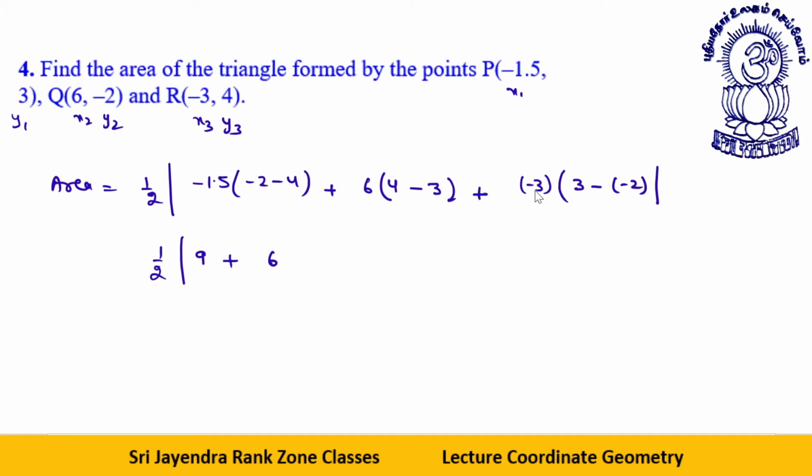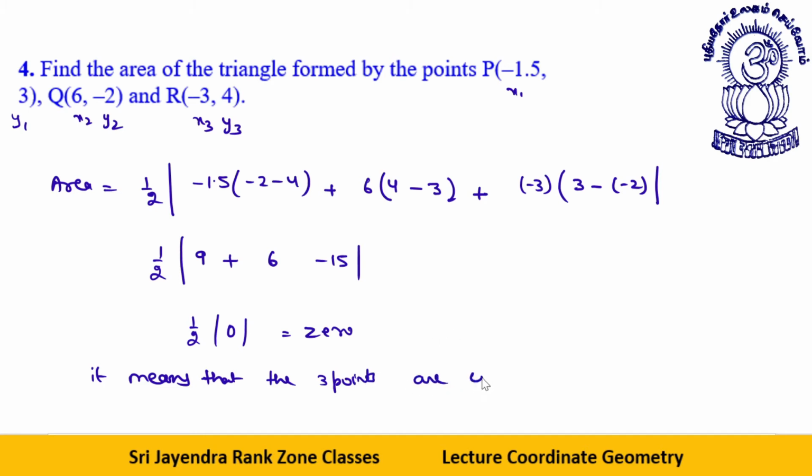5 minus 3 multiplied will give me minus 15. So this is half into 0, or 0. So the area of this triangle is nothing but 0. When I get 3 points with area 0, it means that the 3 points are